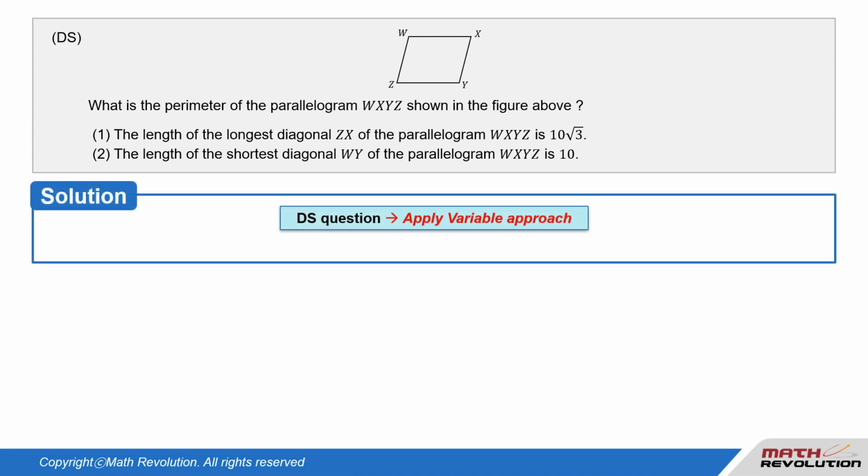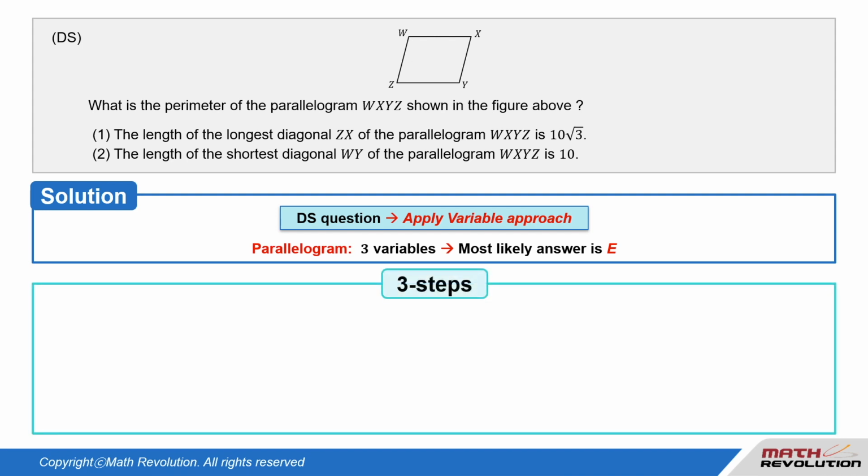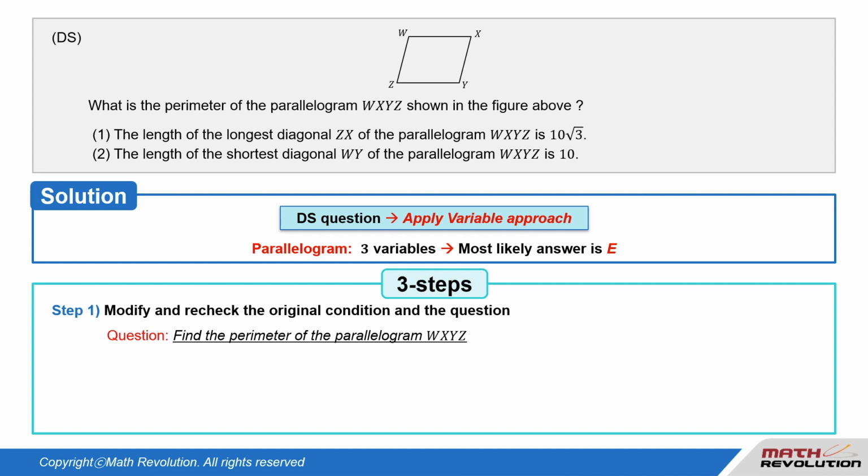Solution. Let's solve this DS question using the variable approach. A parallelogram has 3 variables, so E is the most likely answer. Let's apply the 3 steps suggested previously. Follow the first step of the variable approach by modifying and rechecking the original condition and the question. We have to find the perimeter of the parallelogram